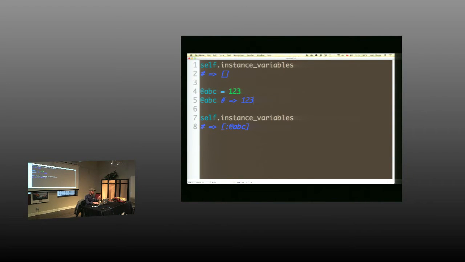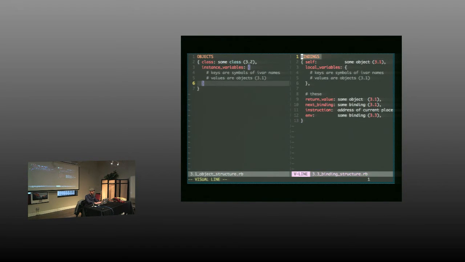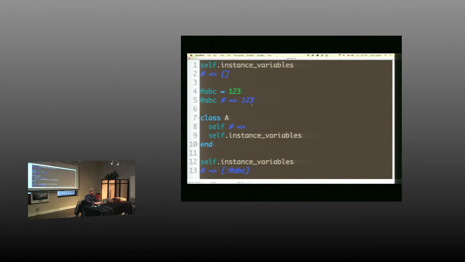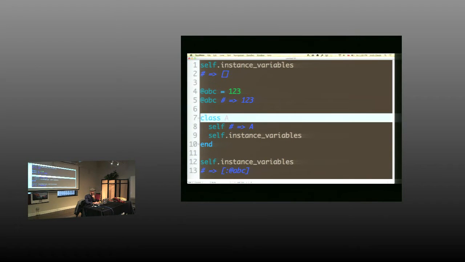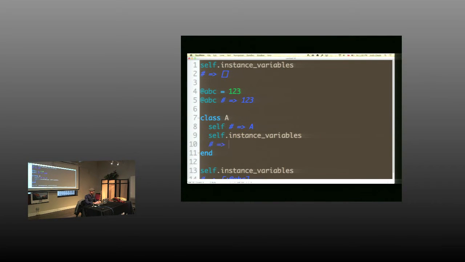If I go into some other object, such as if I open up a class, well, now self has changed, so I have a new binding on the stack, another one of these things over here, and the old one is still sitting here where it used to be, but we stuck another one on, set its next binding to be the one from main, and then we set the self in the second one to be our class A in this case. So when I did that, I got a new binding, self changed, and so if I look at the instance variables at this point, I have none.